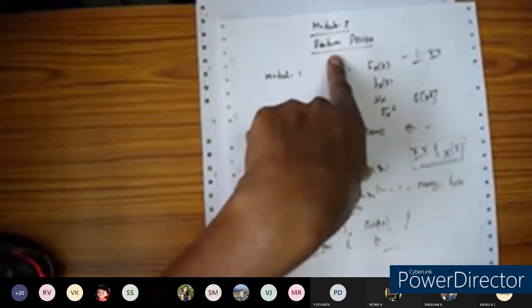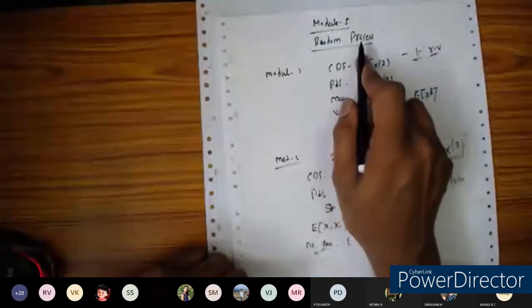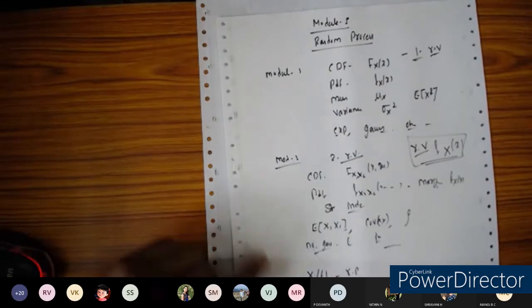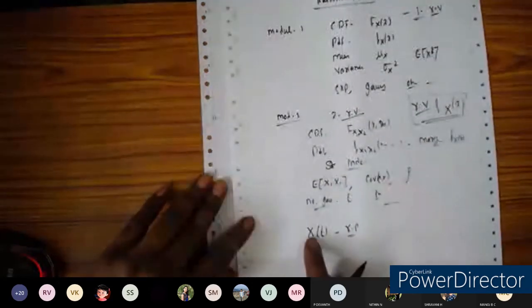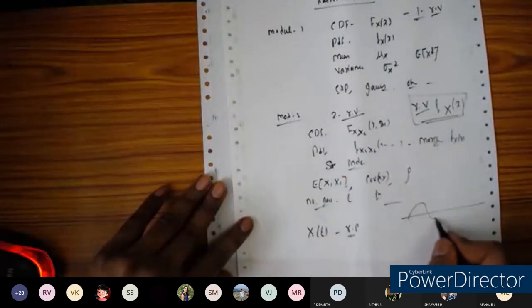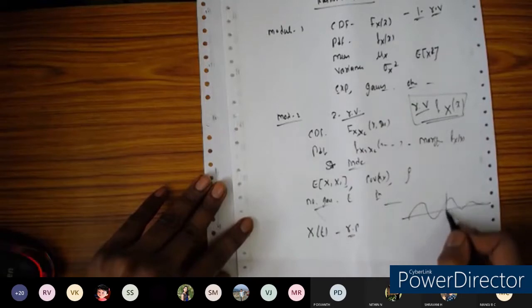Now, what you are going to see in the random process is this. Here it was called a random variable, now you are going to call it a random process. Here the random variable is just x. I am going to define the random process as a function of some time t. So random process is nothing but the random variable x as a function of t. For example, I am going to observe a certain waveform, something like this. At a particular time instant t equal to t1, we have a certain value.